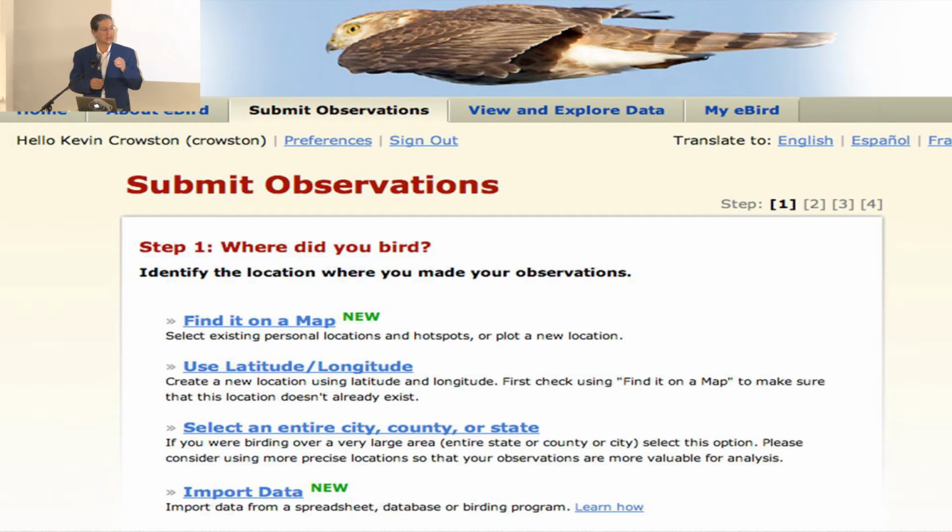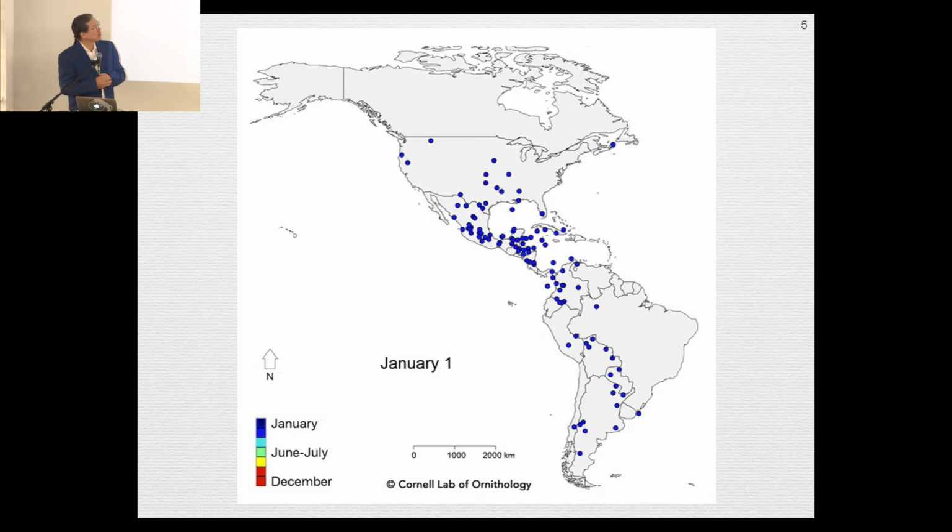One of the interesting things is they take advantage of what they know about the volunteer. So if it's someone who's an expert birder, then maybe that gets a little bit more credit. If it's someone who's brand new, like myself, then it might get ignored. And the data are very useful for science. So you can figure out where the birds are.